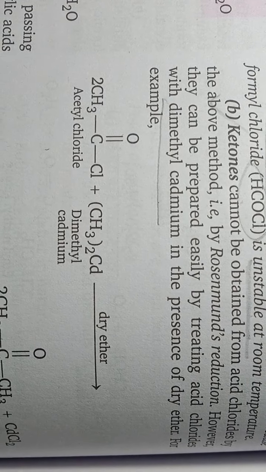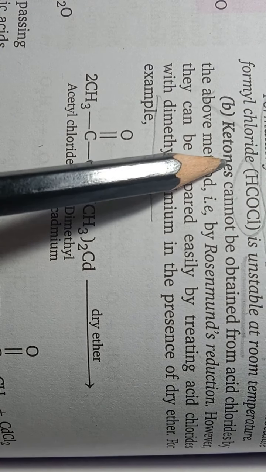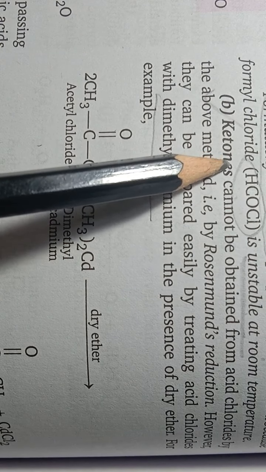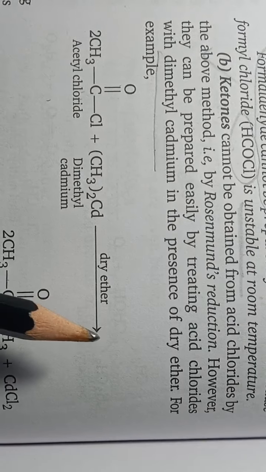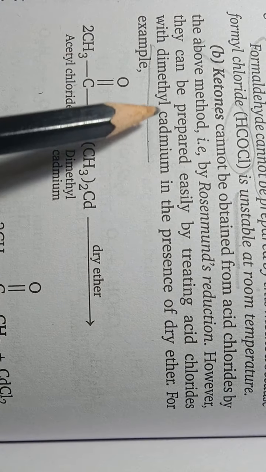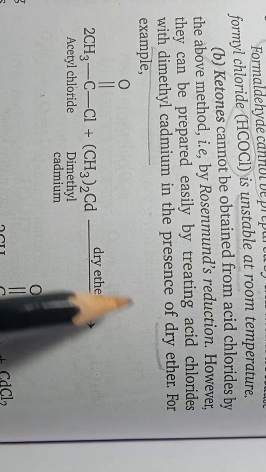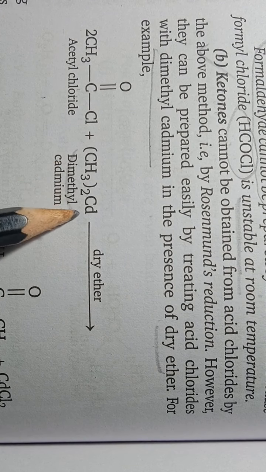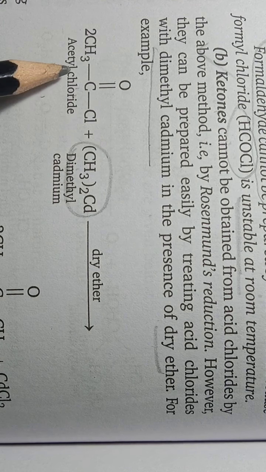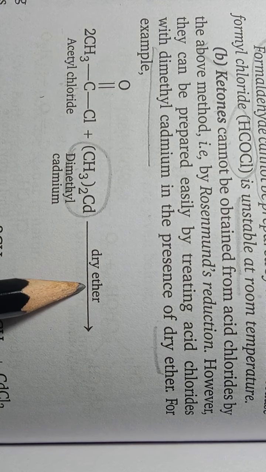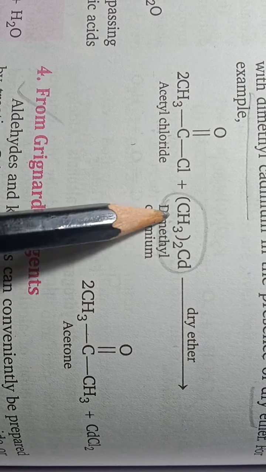Now for the preparation of ketones, we cannot use Rosenmund's reduction, but ketones can also be prepared with the help of acid chloride, and for this preparation we use dimethyl cadmium in the presence of dry ether. Students, we always use dimethyl cadmium as one reactant with the particular acid chloride in the presence of dry ether. So for example, when acetyl chloride is reacted with dimethyl cadmium,